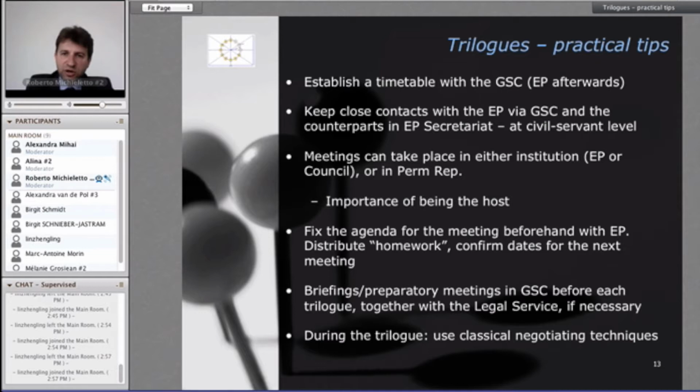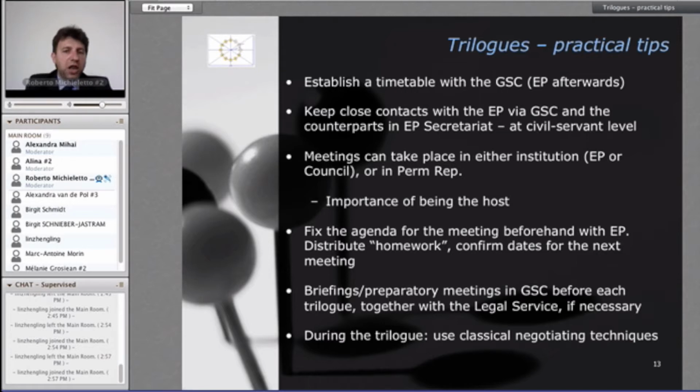So this is what happens. They start discussion before the adoption in the plenary of the position of the European Parliament, and then when they have found in trilogue a good compromise, usually they go to the Parliament, and immediately after, once the text is adopted by the European Parliament, the Council adopts its position. Okay. If they didn't find an agreement on first position, then you continue the trilogues between the first position of the European Parliament and the first position of the Council. You still have enough time because there are no time limits for the adoption of the position from the Council. So you have enough time to discuss it, to find a compromise.